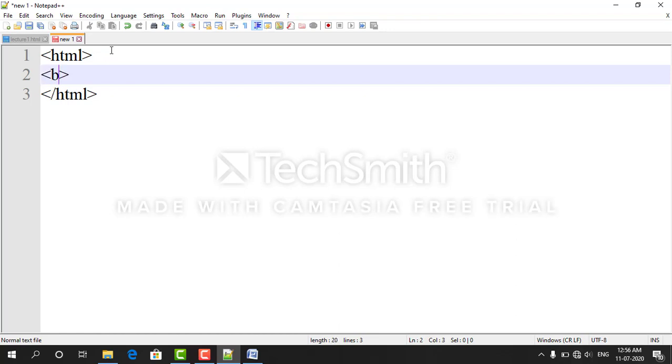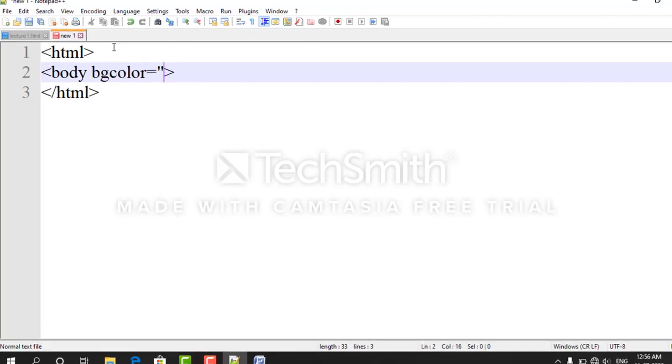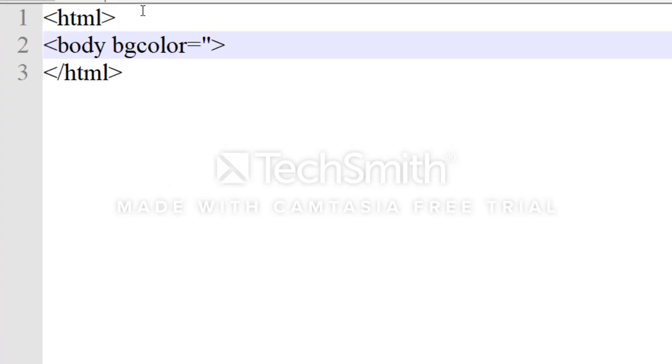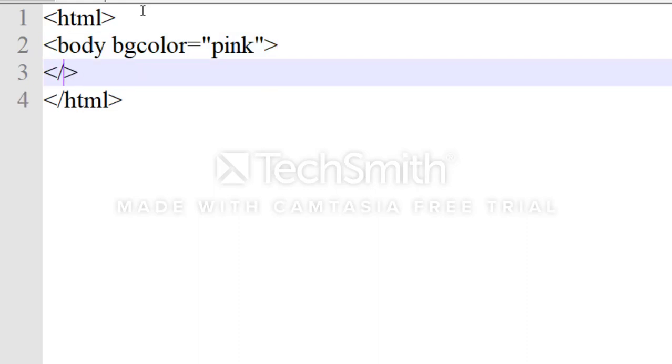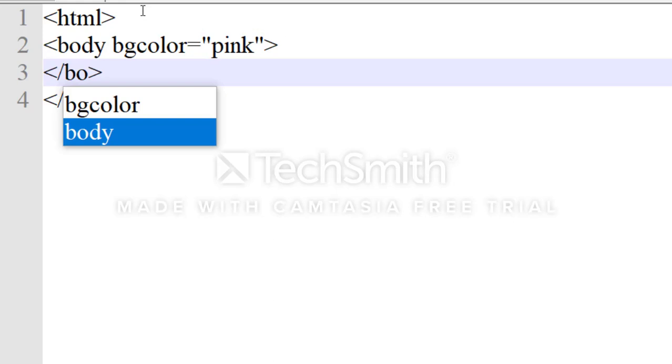That's why in the body section I write bgcolor equals to pink, because I want the body color as pink. I will write the bgcolor double quote pink, double quote complete. Body tag is open here, so I will close the body tag.